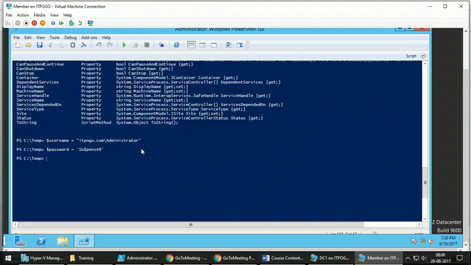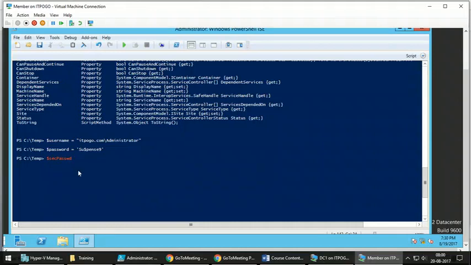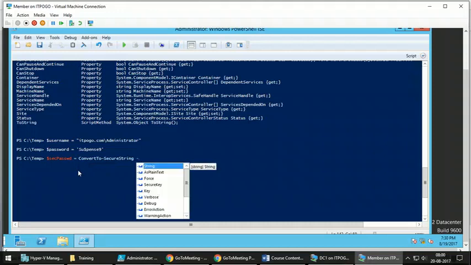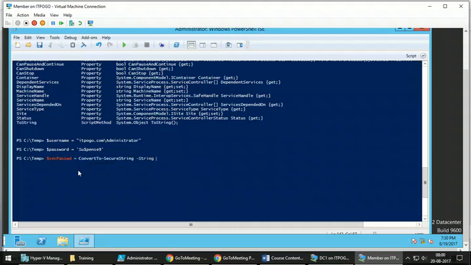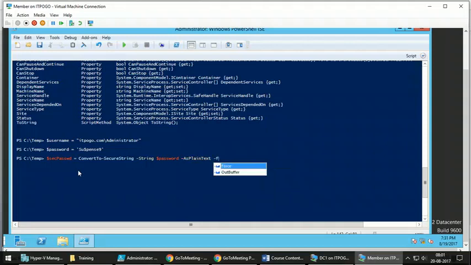For that, first you need to convert the password into a secure string. $securepassword is equal to ConvertTo-SecureString -String $password -AsPlainText -Force.